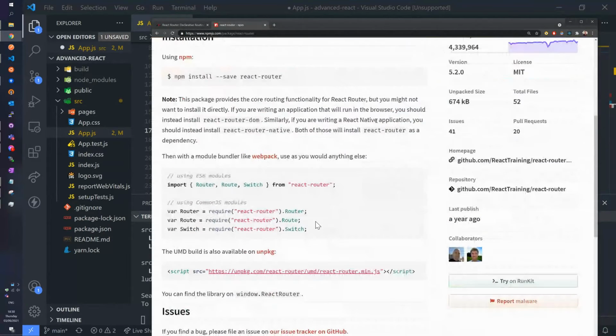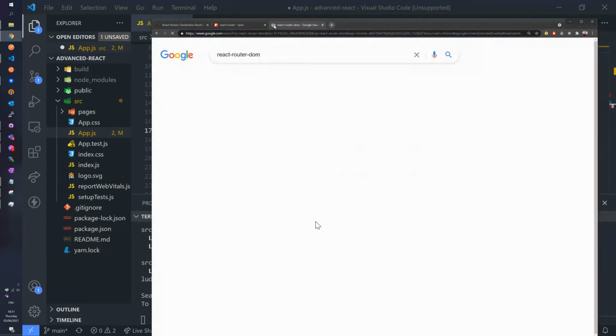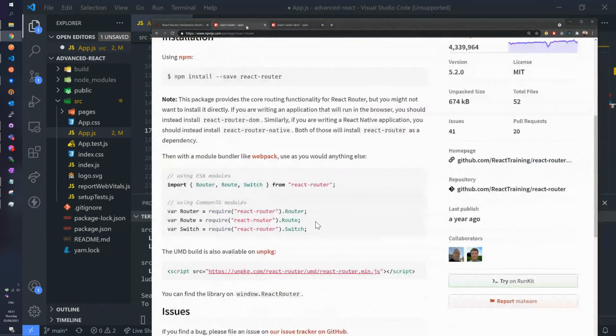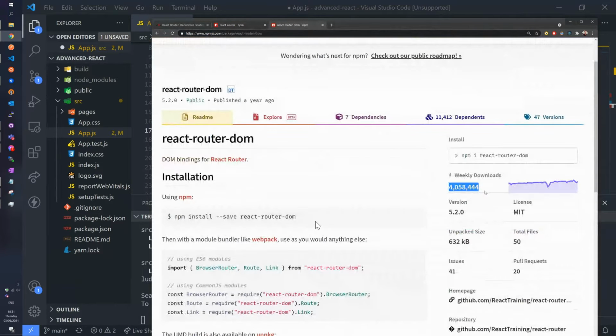There are multiple other ways, as I mentioned, there's not only one way of routing things in your React app. There are multiple ways. So I think the React Router DOM is also one of them. Yeah, this also seems to be a package. Yeah, yeah. Let's see which one has more downloads. So this has 4.3 million. This one has 4.0. So that's it.